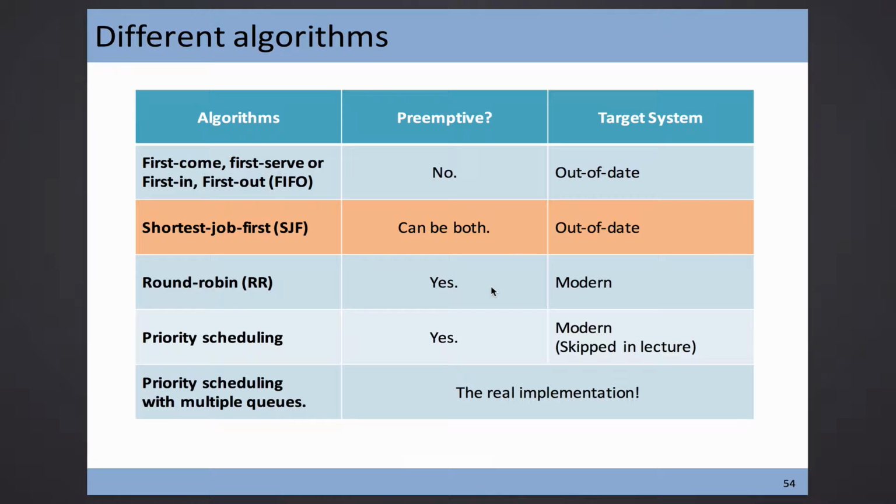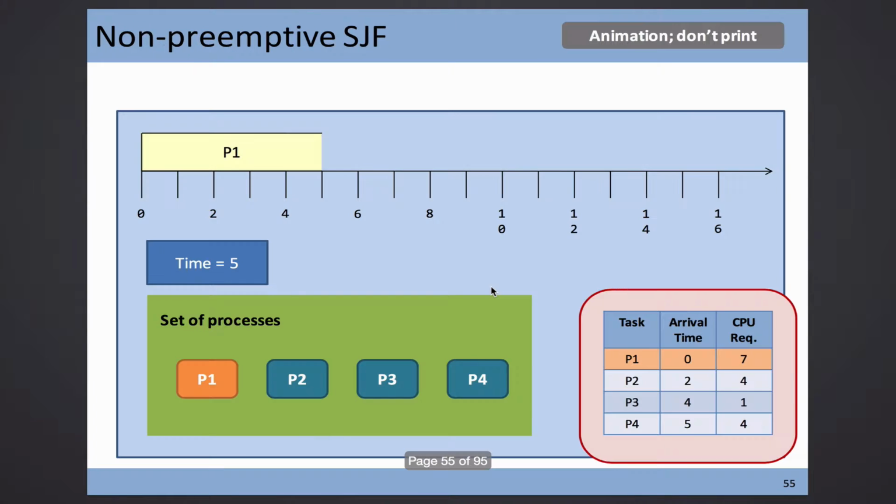But in a real scenario, I already said that you cannot make a perfect estimation, and it's also true for the computer world. So it's out of date because people found that it's not going to work. Usually your estimation is wrong, but it existed for some time in the mainframe days. So this is shortest job first. Shortest job first has 2 versions, and why do I give you 2 versions? Because I want to bring about a concept called preemptive scheduling.